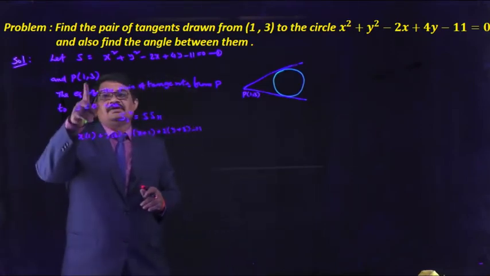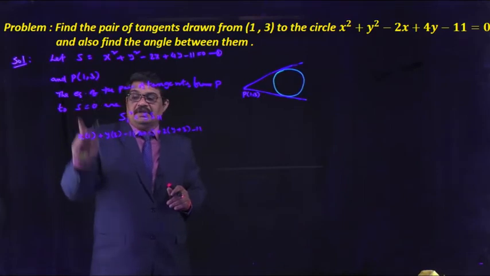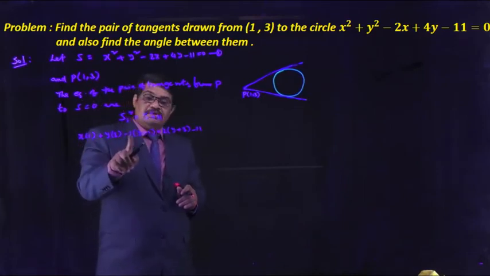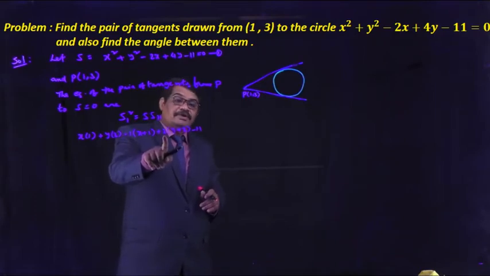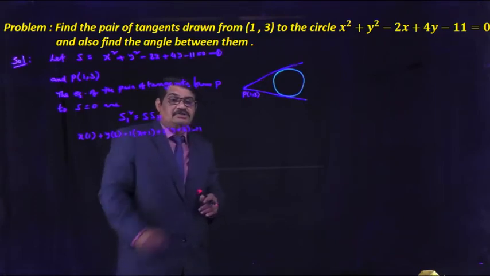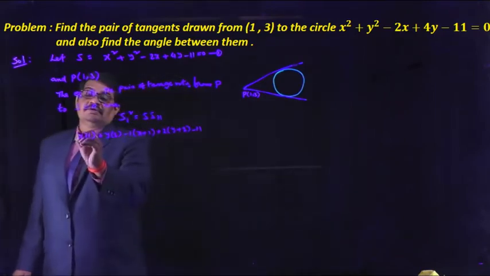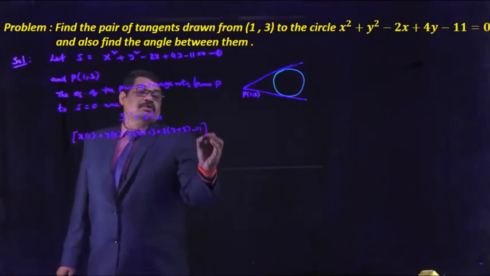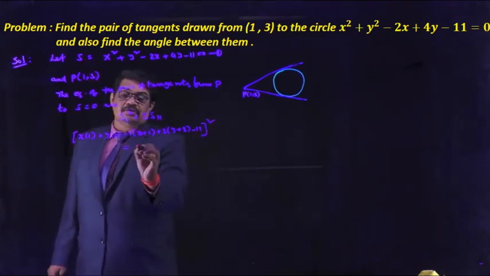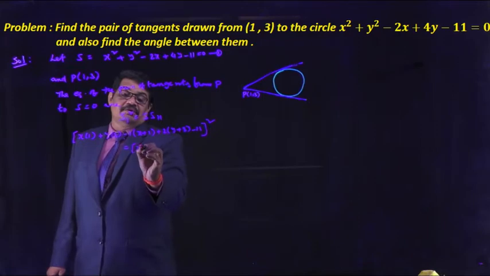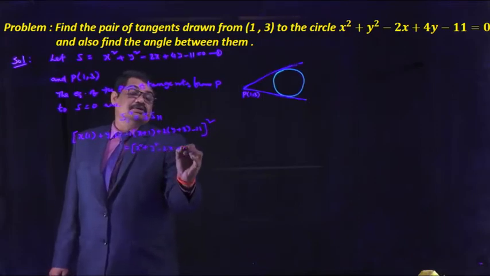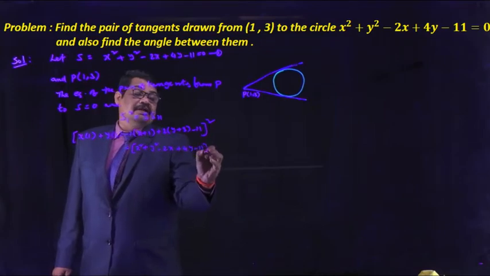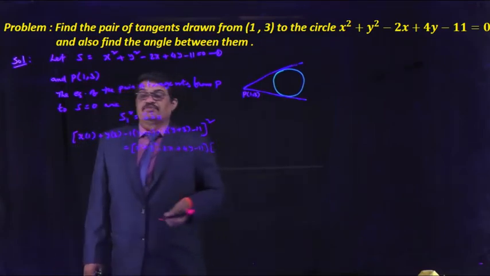So we are writing for the point 1 comma 3. Here x1 plus y1 minus g into x plus x1 plus f into y plus y1 and constant minus 11. This is S1 square is equal to S. What is the given circle? We are writing x square plus y square minus 2x plus 4y minus 11, into what is S11,